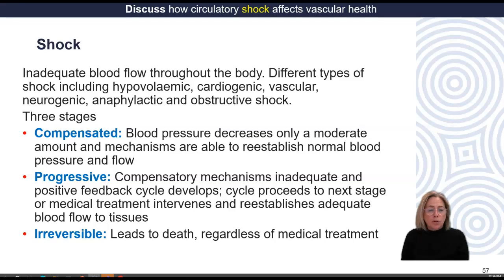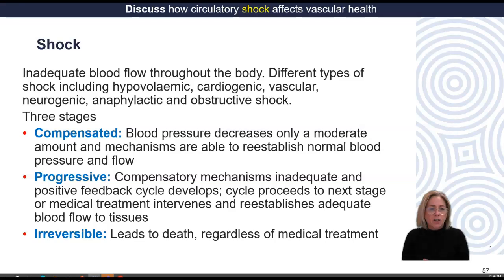And as you move through your course, many of you will learn lots and lots more about the different types of shock. So they include hypovolemic shock, where there's too little blood in the circulation; cardiogenic shock, where the heart fails; vascular shock, where the arteries dilate; and then there's neurogenic shock, anaphylactic shock, some of you may know about, which is that severe consequence of an allergic reaction that results in anaphylaxis as well, where you get systemic vasodilation, and also obstructive shock as well.